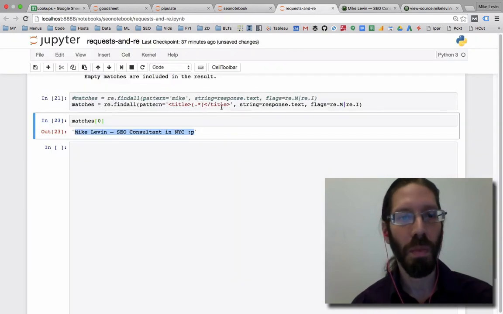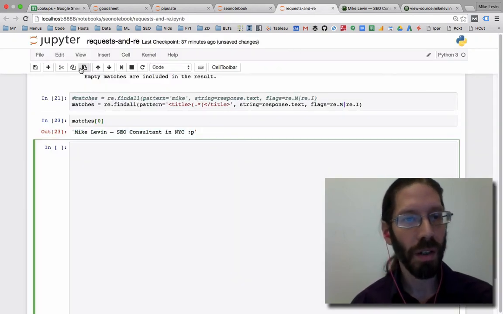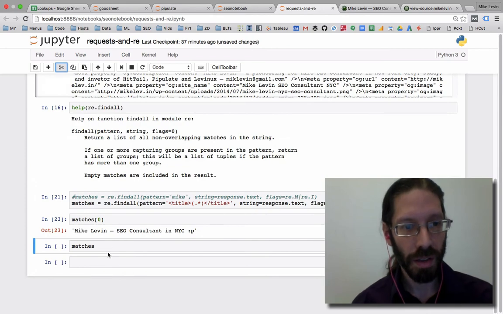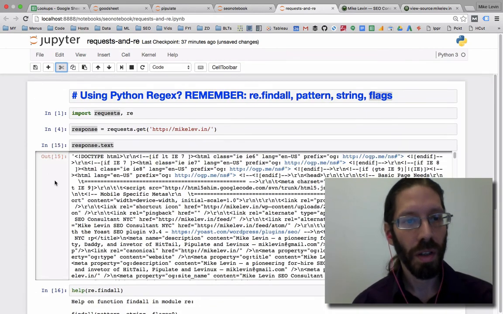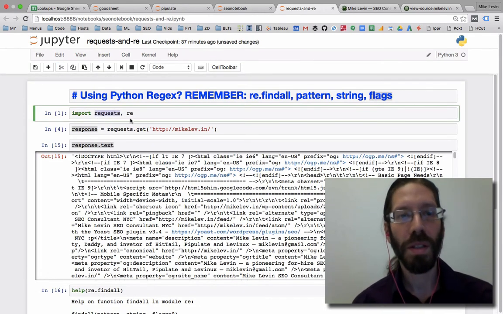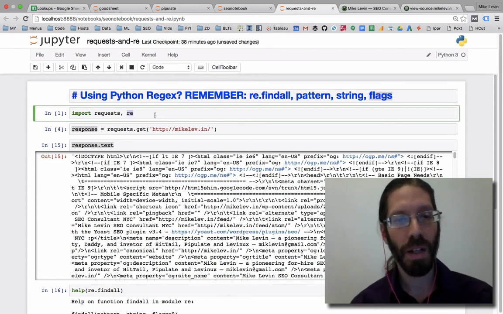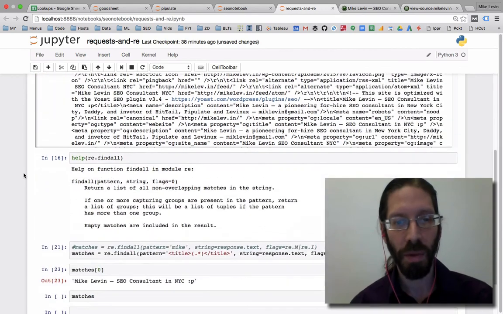So that was my little tutorial on the requests package, very popular external package that gets installed with Anaconda, but if not, it's just pip install requests, and the RE, or regular expression package, which is part of the Python core library that lots of people get confused